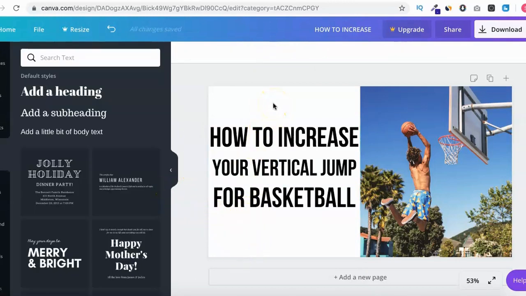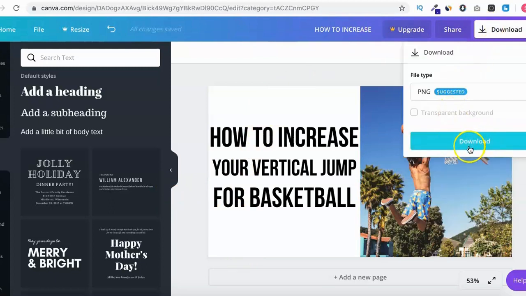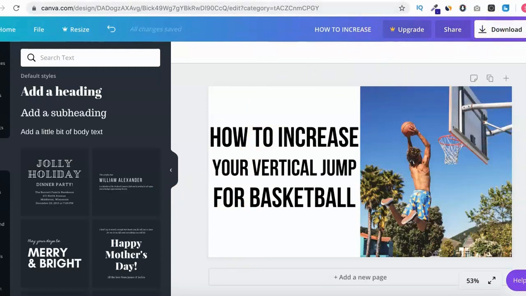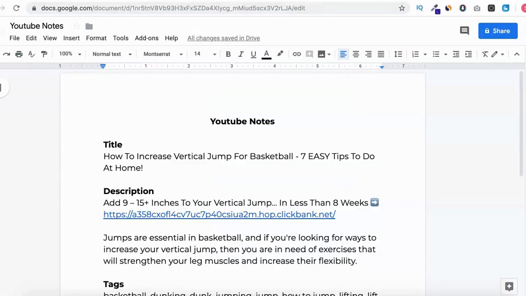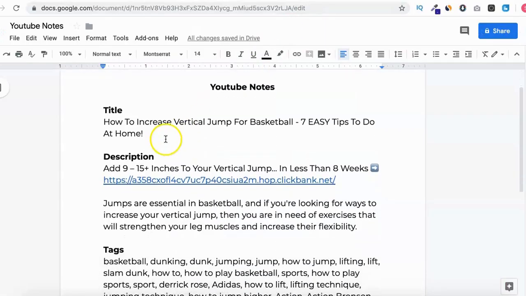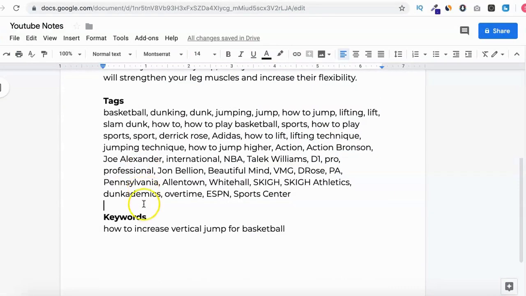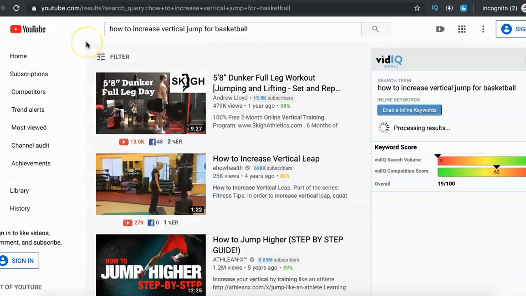You can literally leave it like this. It's a very basic one. You can just click on download right here. 100% free. Now you got your whole entire file. You got your thumbnail that you can use. You got your title. You got your description. You got your tags and the keyword that you want to rank for. Good thing about